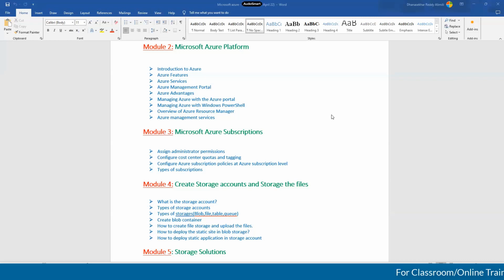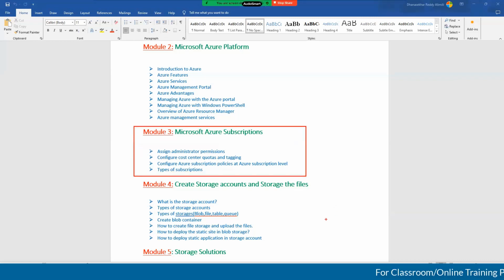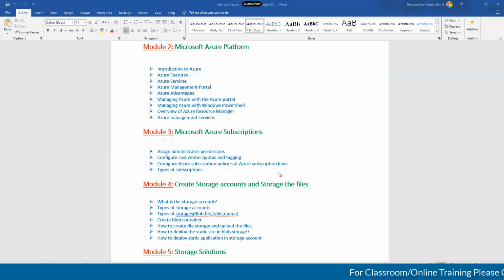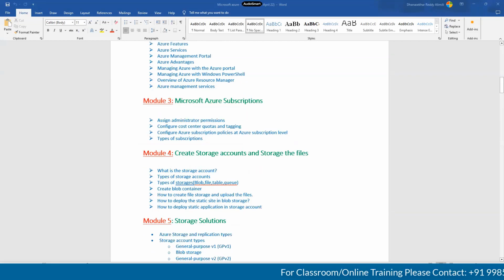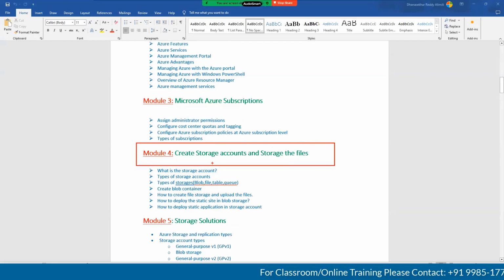Correct. So a subscription is nothing but a license. What type of license are you going to adopt to implement this for your environment or your organization? Next, module 4, create storage account and storage files.